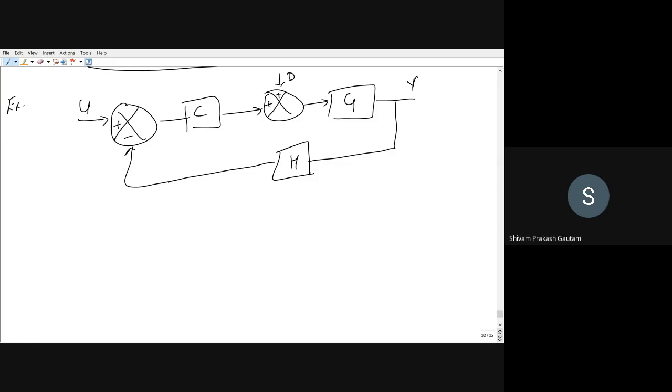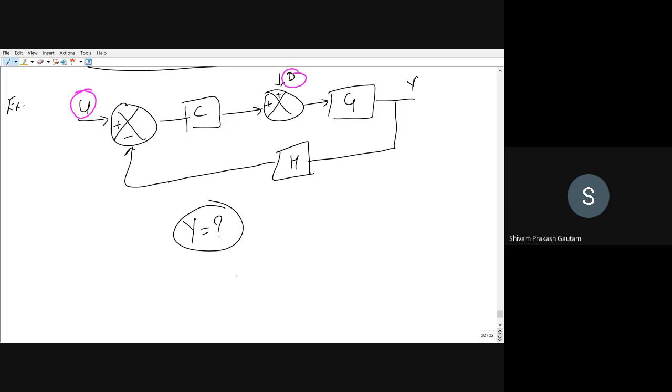So here also you have to find out, not the transfer function, but the value of Y. Okay? Value of Y you have to find out. Are you getting my point? Y is your output, right? So you can see here we are having two kinds of inputs. That is U as an input and D is also an input.